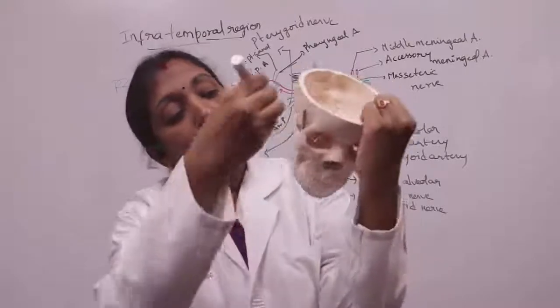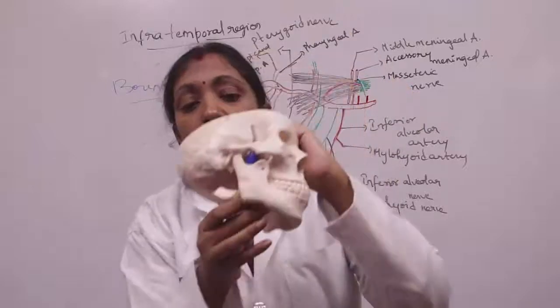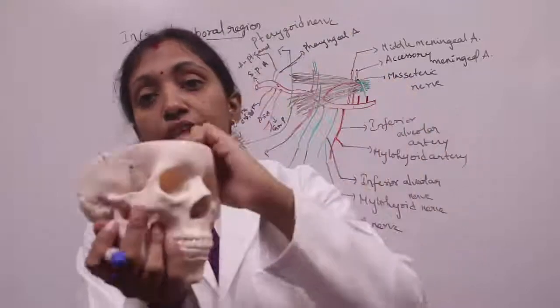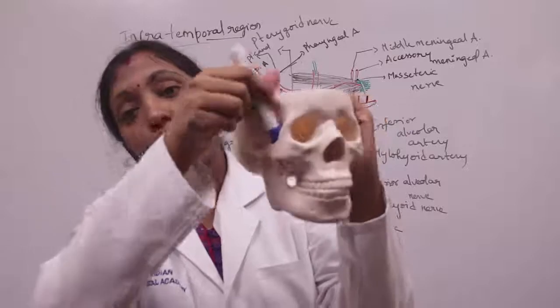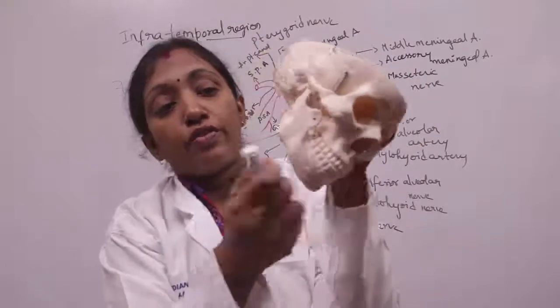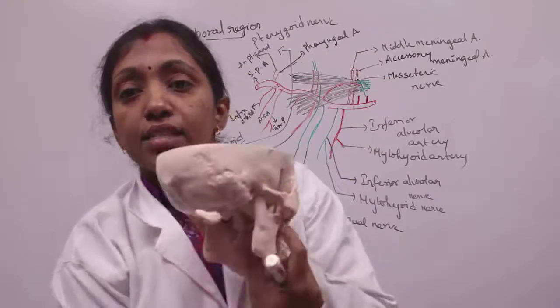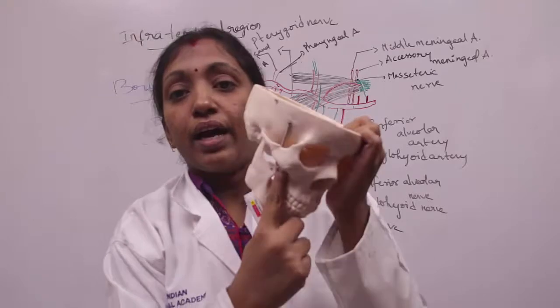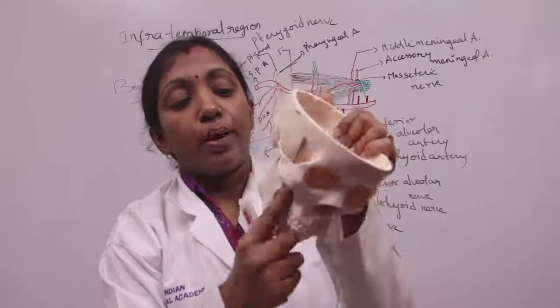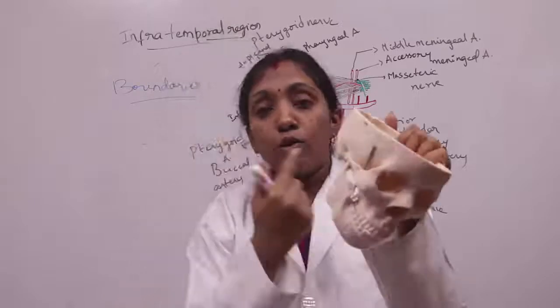So this is the infratemporal fossa. You can see the infratemporal region here, and anteriorly it is bounded by the posterior surface of the body of the maxilla. This is the anterior surface of the maxilla and this is the posterior surface. So the anterior boundary is formed by the posterior surface of the body of the maxilla, and posteriorly it